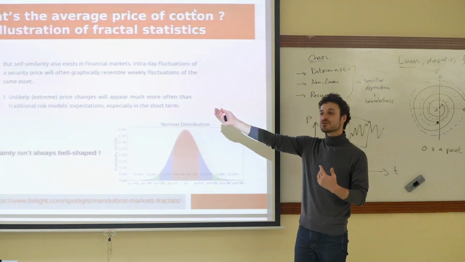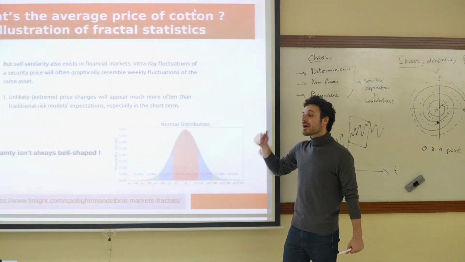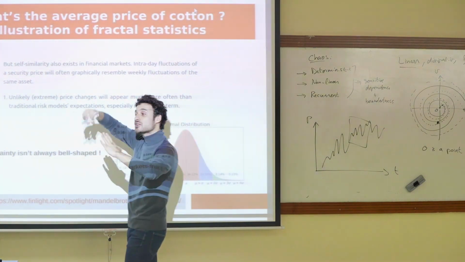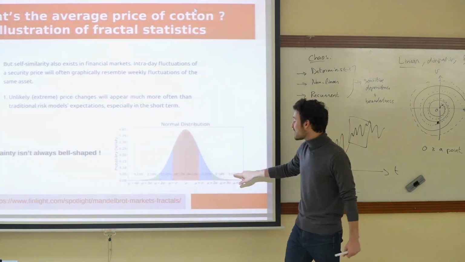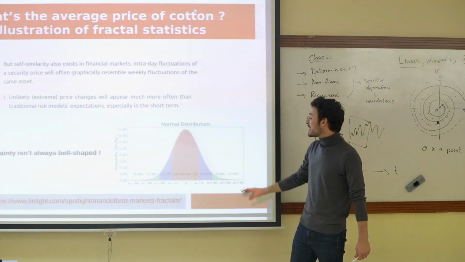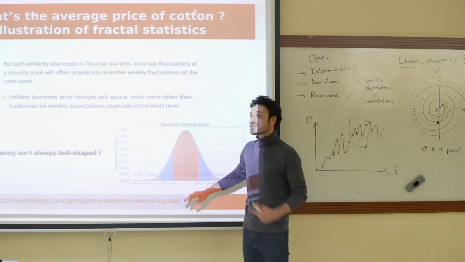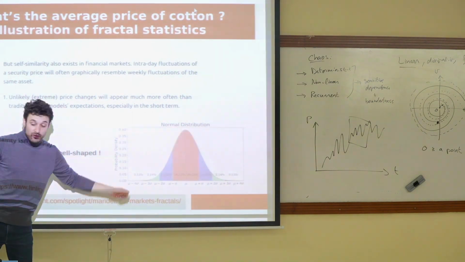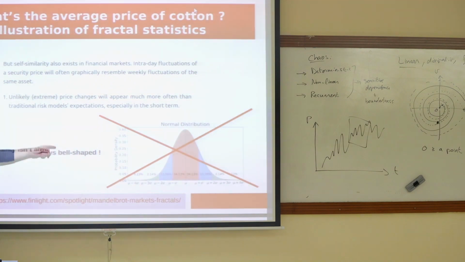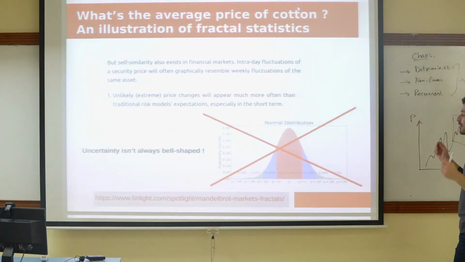If you were to bet on the future price of cotton, for instance, if you were to take this normal distribution, you would wildly underestimate the likelihood of large fluctuations, because your guess as to the likelihood of large fluctuations is based on a model that is linear and is based on this Gaussian distribution. If your error shape, if your uncertainty doesn't follow this normal distribution because there's non-linearity, because there's self-similarity in the fluctuation of prices, this no longer works. And what you're likely to do is catastrophically underestimate how likely it is that you'll have an extreme cotton price fluctuation, which will actually ruin you, right?